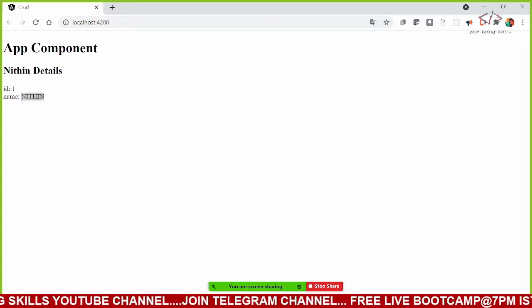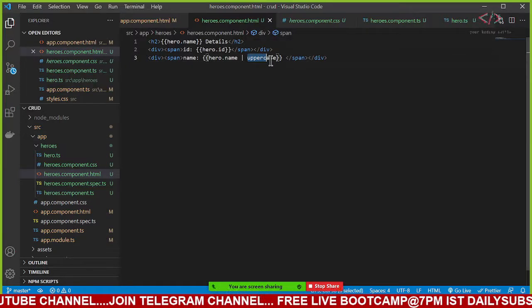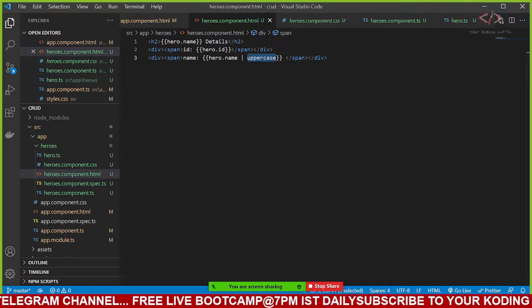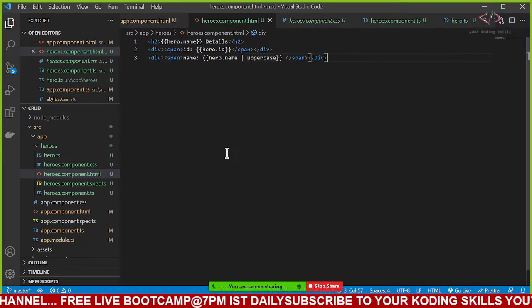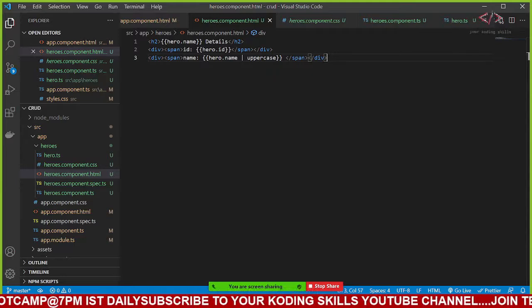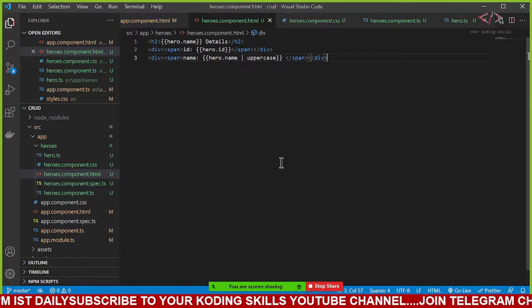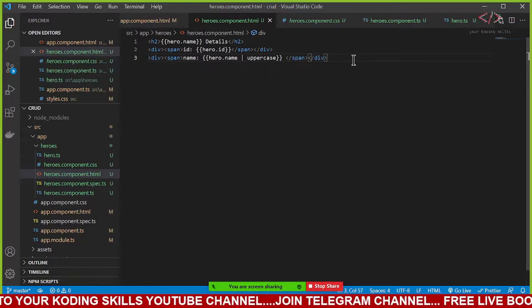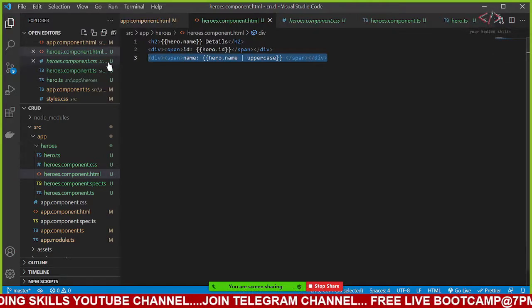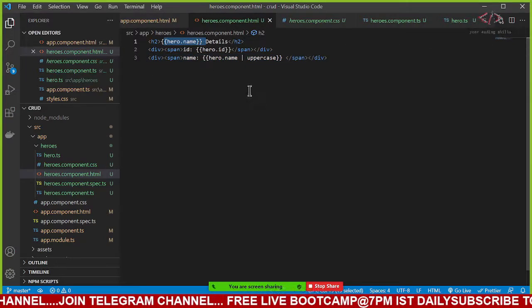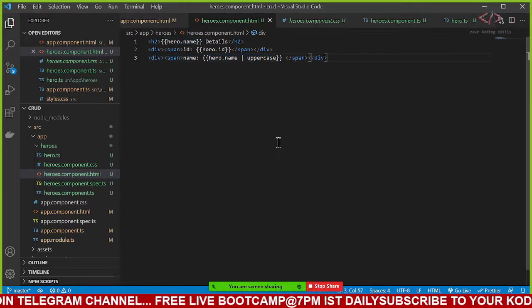You can put a pipe like this, and you can search for pipes which are already readymade. We will create our own pipes, don't worry about that. Now under this I would like to add something called ngModel, which has two-way data binding. What is two-way data binding? Now let's say instead of having this div, I already have hero.name there, and I already have hero.name here also.